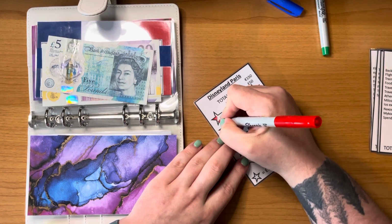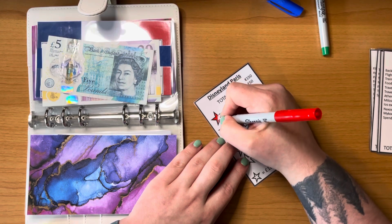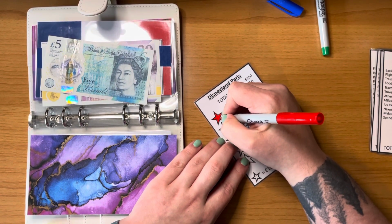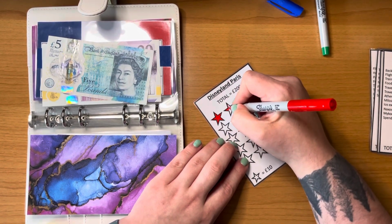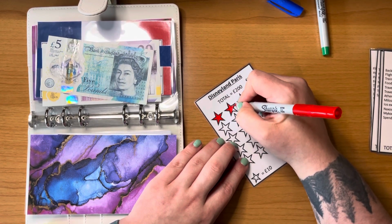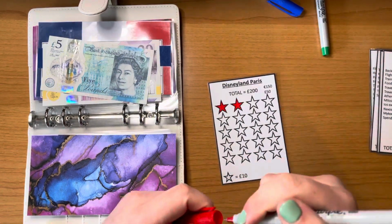So yeah, I'm really looking forward to going. We were supposed to go in January just been, but because of the travel restrictions with COVID, we couldn't go. I've been to Disneyland before, but my friend, she's never been, so it'll be really nice to go and go on the rides. And I'm staying in a hotel I've not stayed at before, so that's going to be